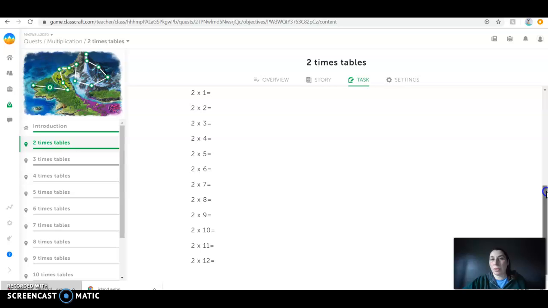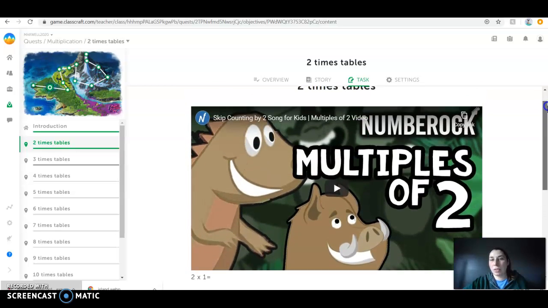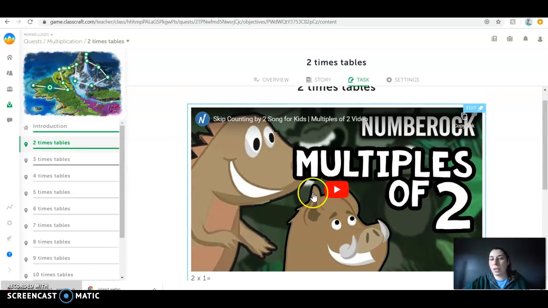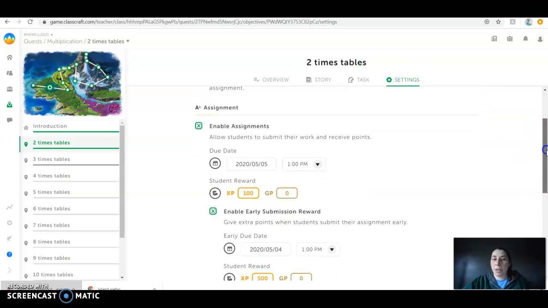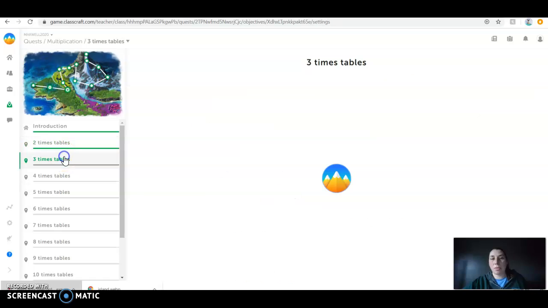If they need to, for a little bit of differentiation, I also linked a video from YouTube that just goes over all the different equations, showing them skip counting, just another strategy that they can use if they need to. For each different level, they are awarded 100 XP, and then it takes them to the next task. So I went through and did that